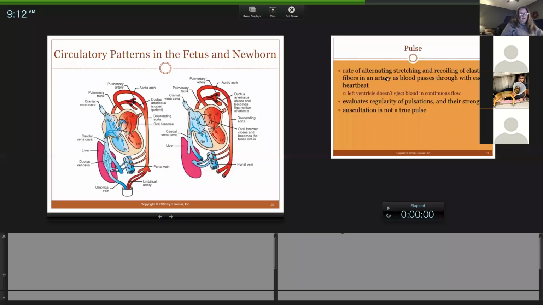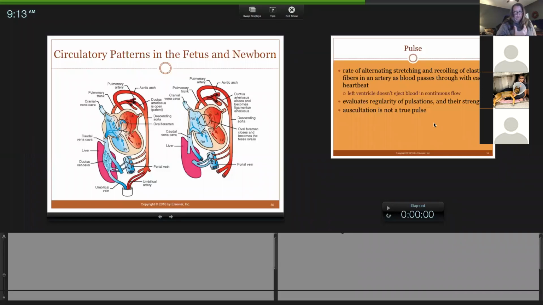So if we measure cardiac output, that's heart rate times stroke volume. To get stroke volume, you need a cardiac ultrasound. You can get a heart rate, but to get the stroke volume, you would need an ultrasound to measure how much is coming out of the left side of the heart during systole. Once you get that value, you multiply it by heart rate, and that would give you the dog's cardiac output.